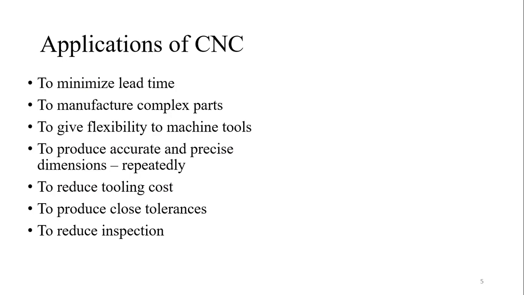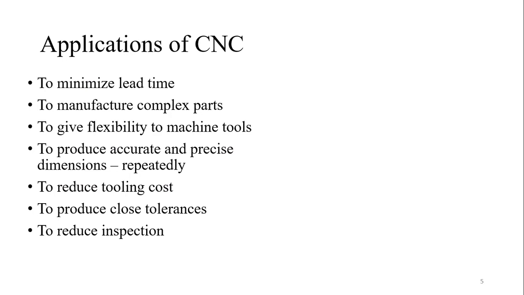You can easily make it adaptable to the CNC machine, although in the conventional machine it is not possible, to produce accurate and precise dimensions. Yes, you are using the CNC machines not just for simpler operations, you need complex geometry. Secondly, you need accuracy, because if I take the example of aerospace shuttles or aerospace equipment, in that case you need precise dimensions of each and every part. So we are using the CNC machines.